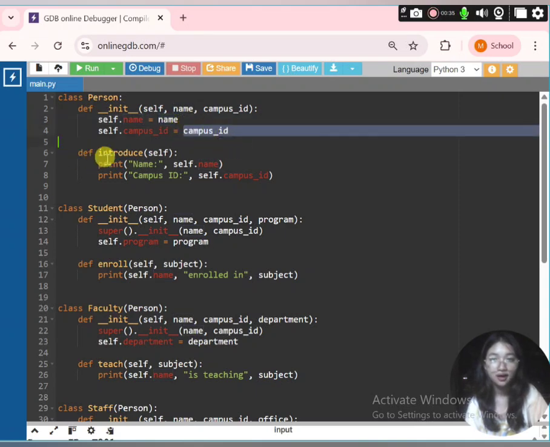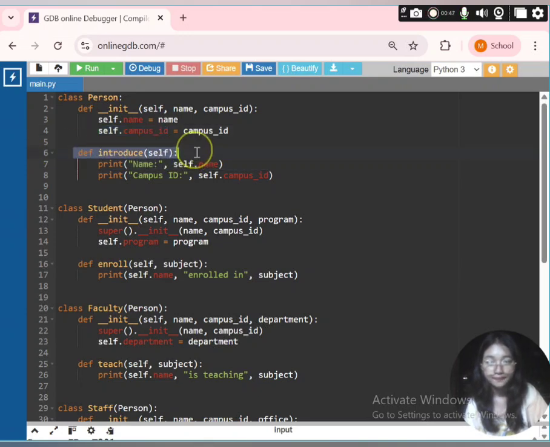And inside the constructor, I stored them using self.name and self.campus_id. I also created a method called introduce that prints the person's name and campus ID. So this is the base class that will be used by the child classes.